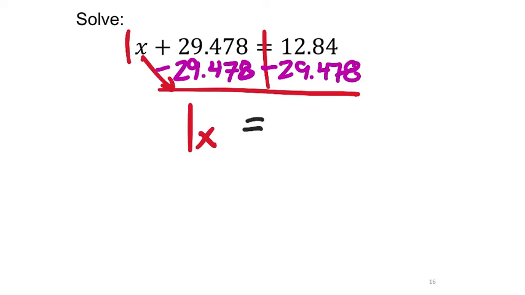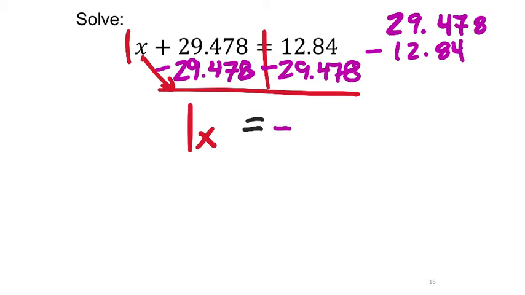And some of you guys are like, well, how are you going to do that? Well, I know it's going to be negative, first of all, for those of you who take like 900, 950. That's the first thing I do. I'm taking away more than I have, right? So I know I'm going to have a negative value. Now I'm just going to take the bigger of the two values, 29.478, and then subtract my 12.84. Like, if you're not screaming for a calculator right now, I worry about your mental health. But in any case,